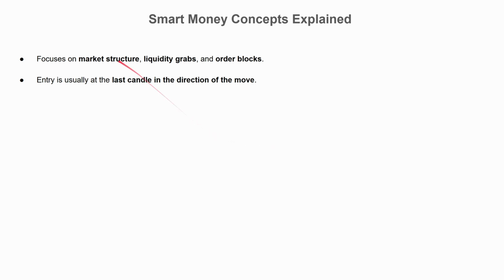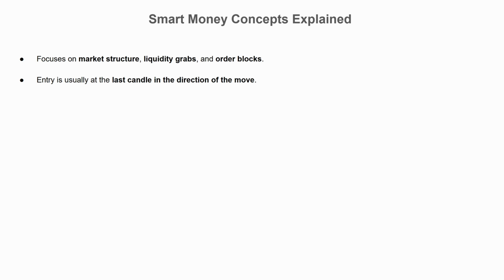Entry is usually at the last candle in the direction of the move. Mark this. I am going to elaborate on this. This is where supply and demand comes in to help you get filled instead of missing on your entries. If you're going to use the last candle in the direction of the move, sometimes it works, sometimes it doesn't. But now,